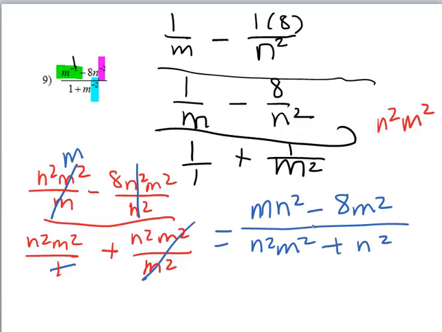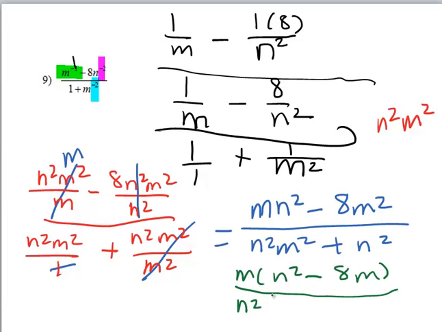And I can factor out in the numerator, I can pull out an m, so m times n squared minus 8m, okay? And in the denominator, I can pull out an n squared, so n squared times m squared minus,